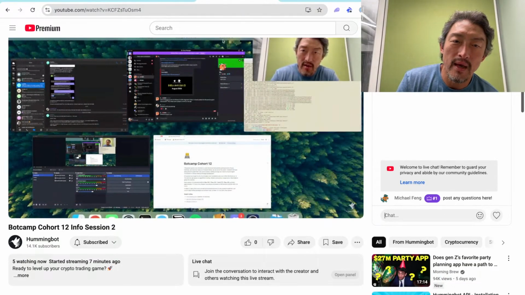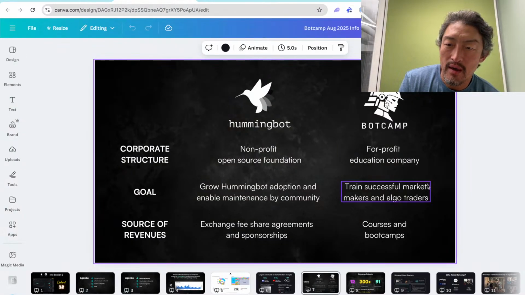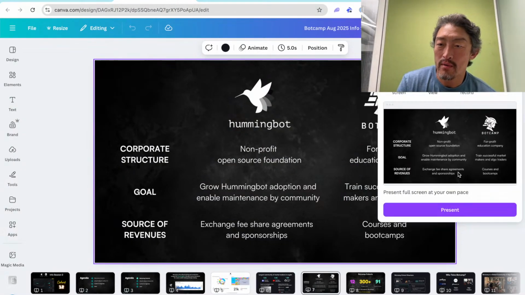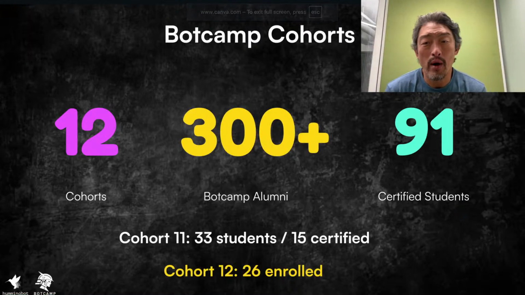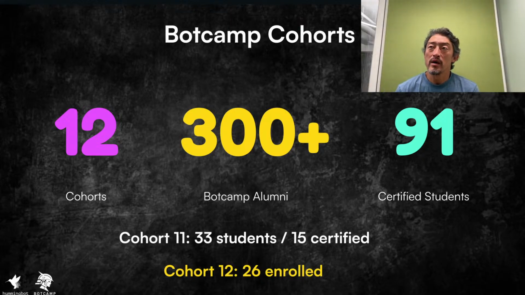But overall, let me proceed with the info session and explain what's new about this cohort. So we've done 12 cohorts so far. This is our 12th one coming up, and the way it works is that you pay for the cohort. It's a month-long boot camp, and at the end, you can build your own custom trading strategy and present it at demo day. If you do, you get certified, and we maintain a certified list of developers on our website, and especially with the new profile system that's coming out now, we think gaining that certification status will be highly valuable in the future.